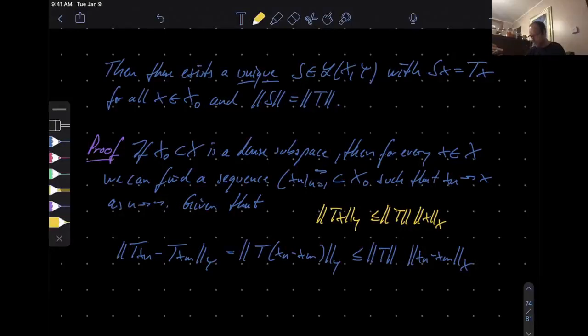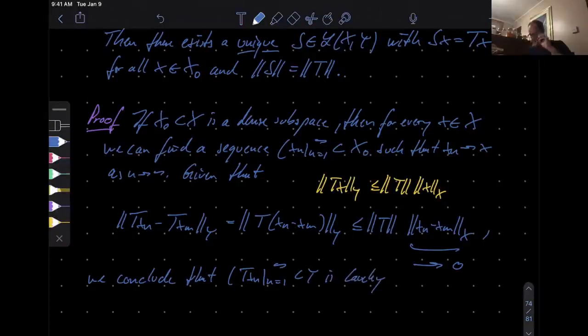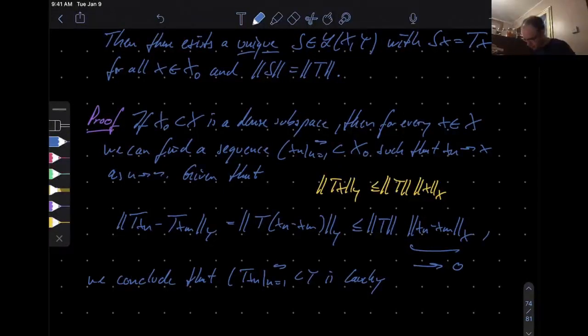So you have this, but when you have now this in blue there, this just tells you that because this here gets small because you're working with a Cauchy sequence, this means that the image sequence is also Cauchy. Okay, given this, we conclude that the image sequence, so T x_n in Y is Cauchy, and now you realize why you want to have a target normed linear space that is complete, because that thing now has a limit by that assumption. Okay, is Cauchy and thus convergent,